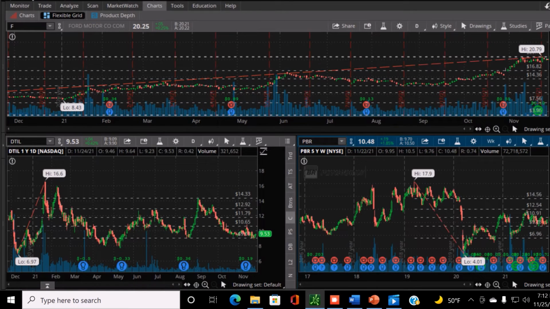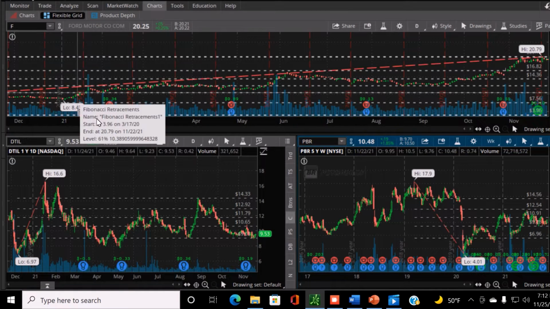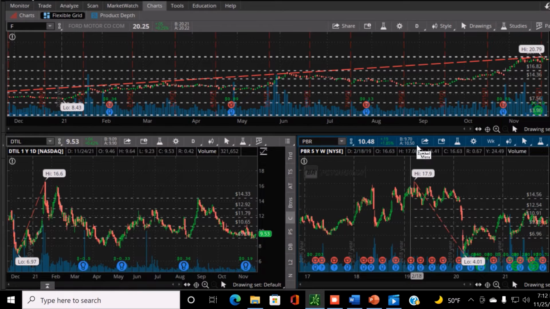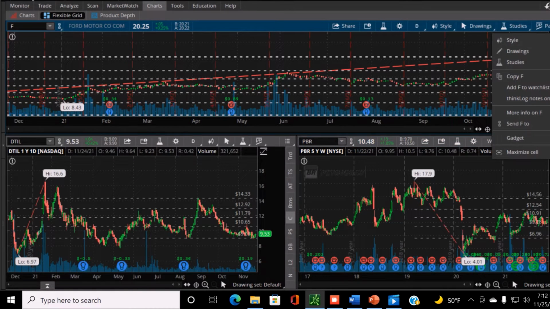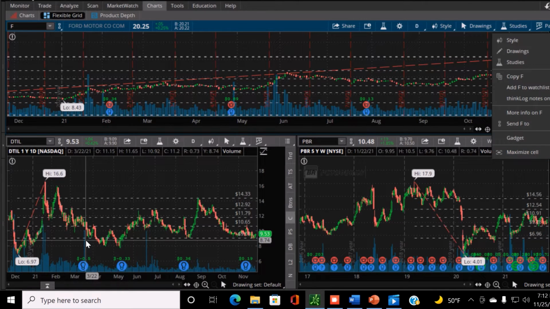Alright, so I just took a couple minutes here and drew up 3 examples. Honestly, really quick. I just typed in Ford, I don't know why, that one just came to my head. And then these two, I literally just found them. But I have 3 examples, and they're actually 3 different uses that I've found for them.